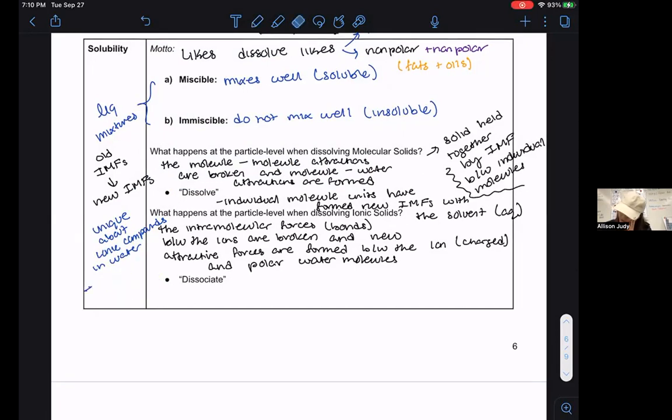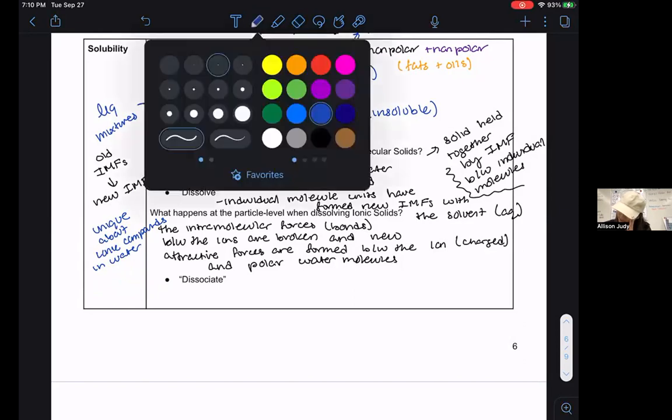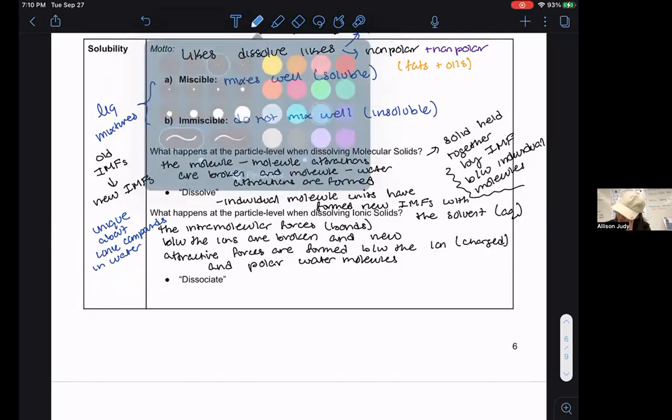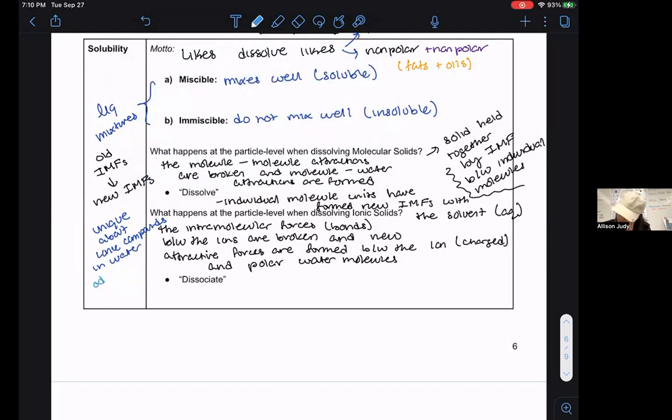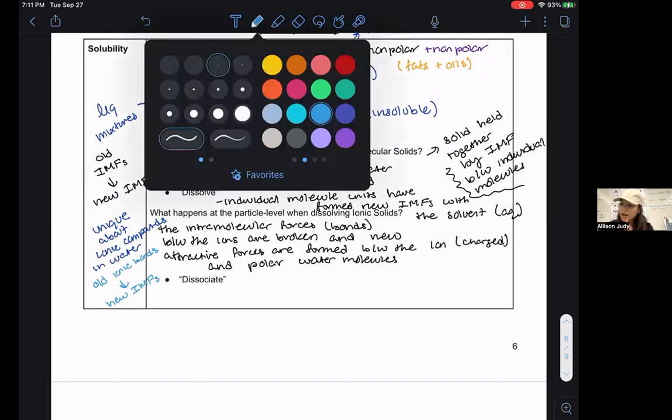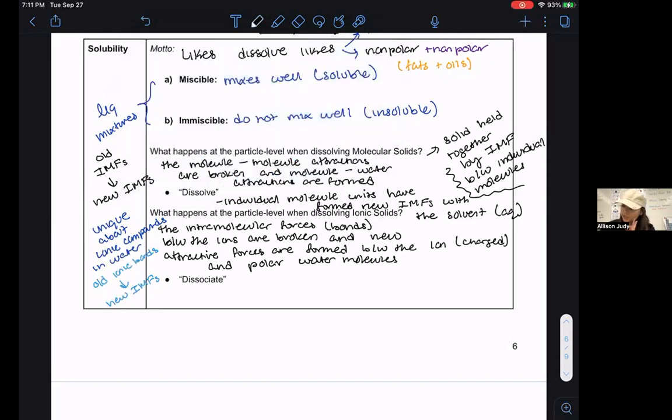How do I write that a little bit better so it's even easier to see? Let me do it in a different shade of blue. Maybe that helps you. We see old ionic bonds break to form new IMFs. We call this very unique type of IMF that can only be seen with ionic compounds dissociation. The ions, we say, dissociate in water, which means the ions